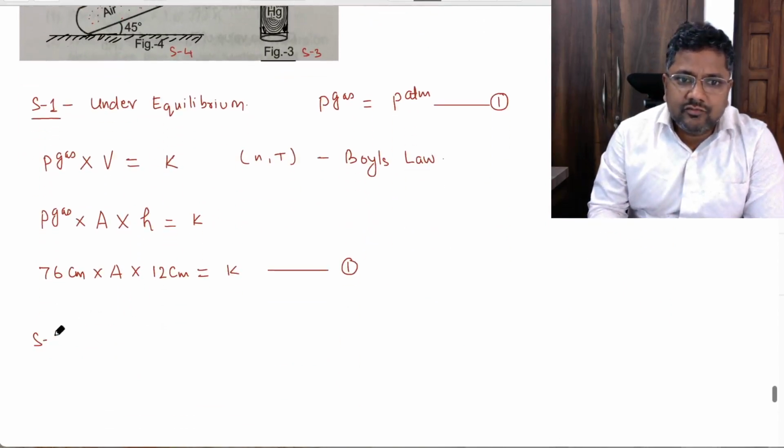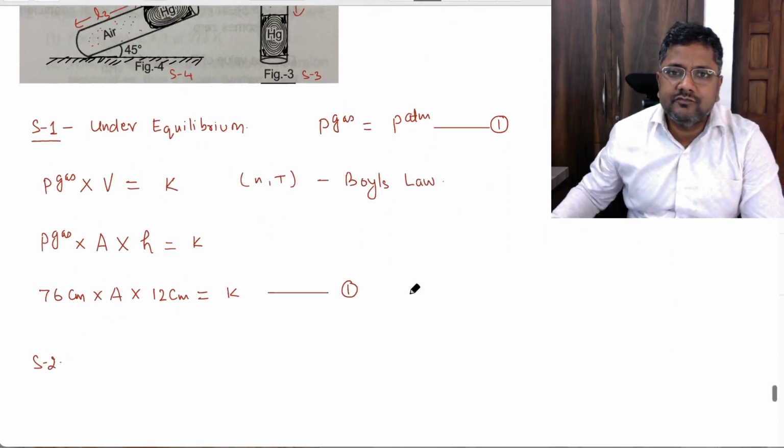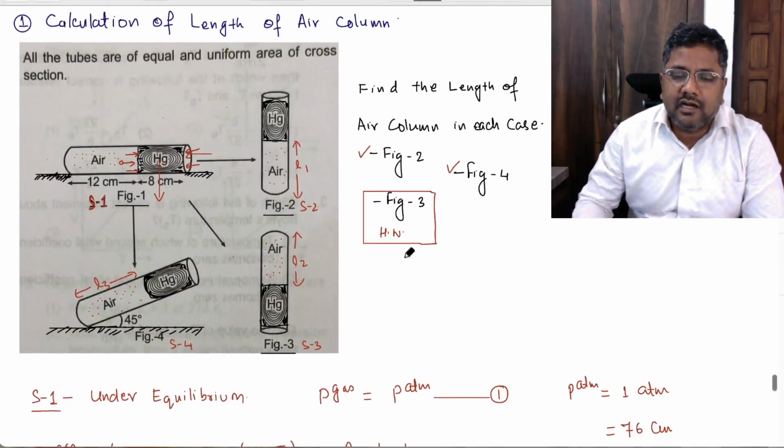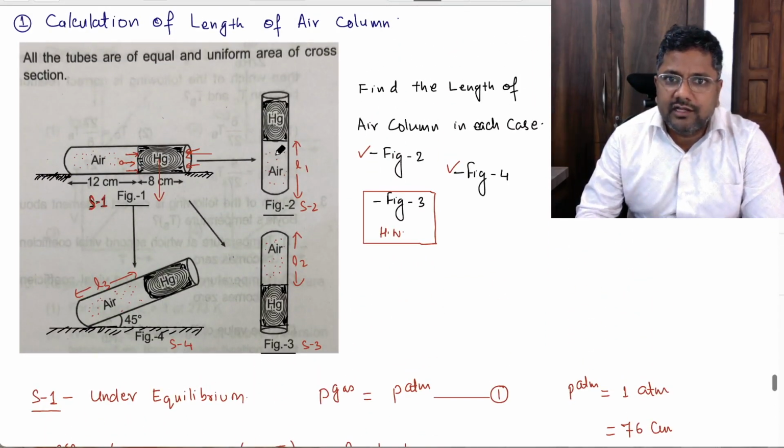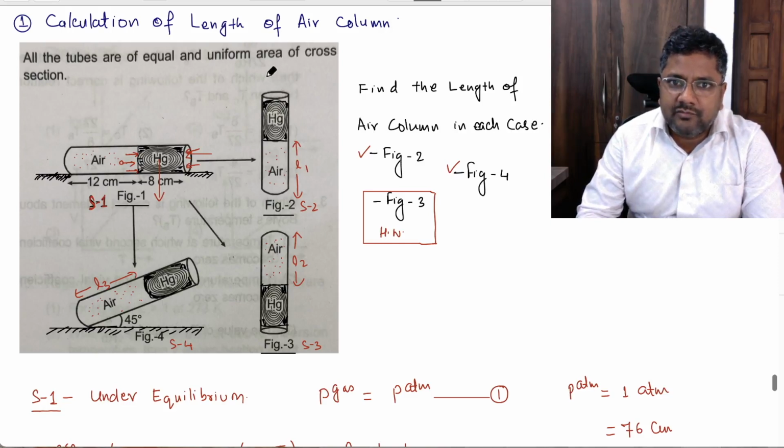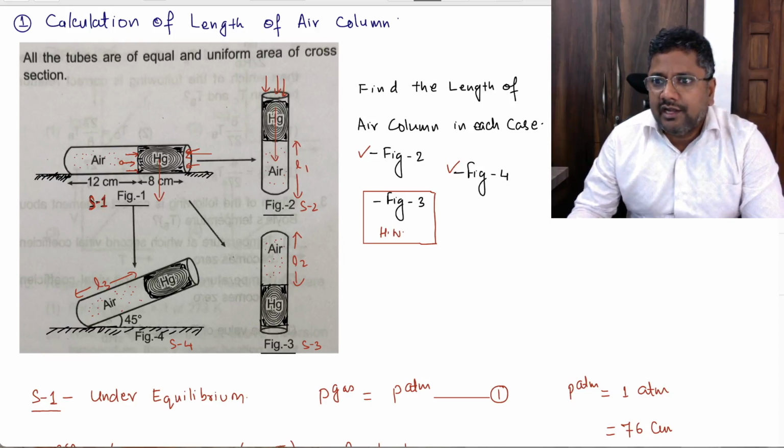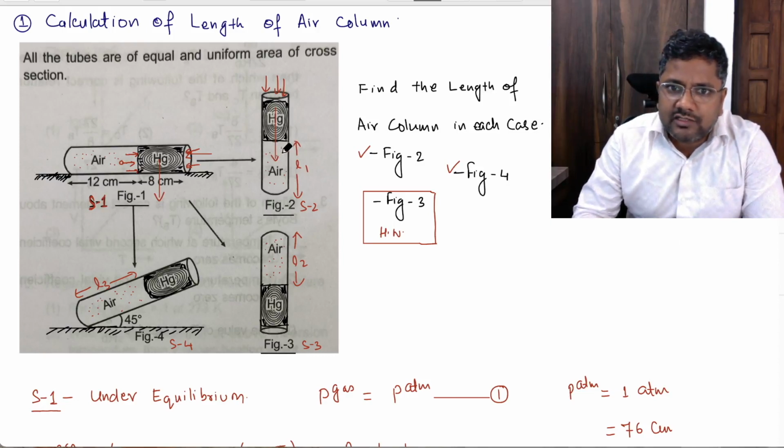So now see, now come to state 2. Under state 2, see, what is the pressure of gas? Now, see, this is vertically up, open end vertically up. Here the atmosphere is acting with pressure. Mercury will also act with pressure on this. And the gas molecules are striking here. So when you are going to make the calculation under equilibrium,